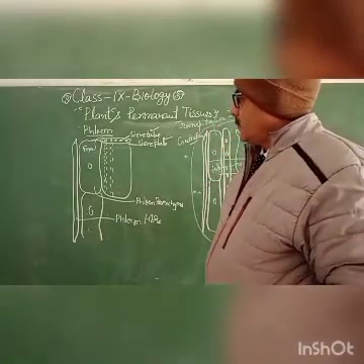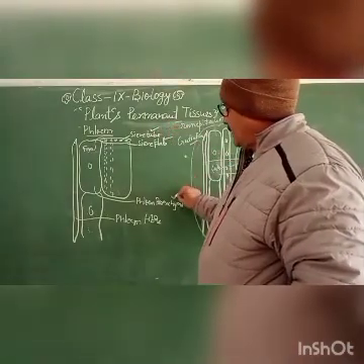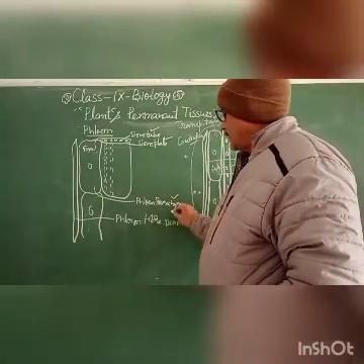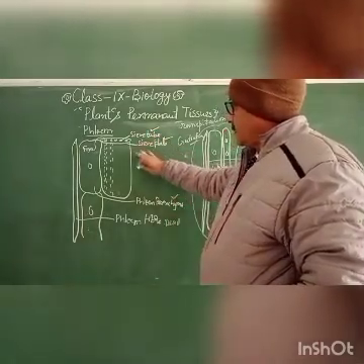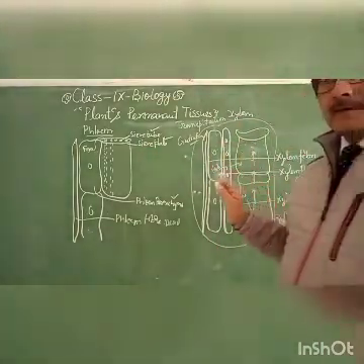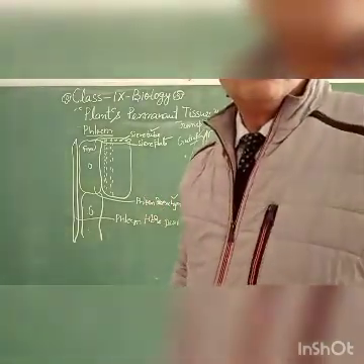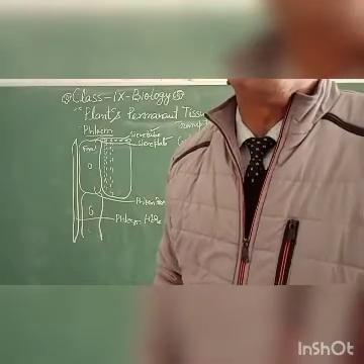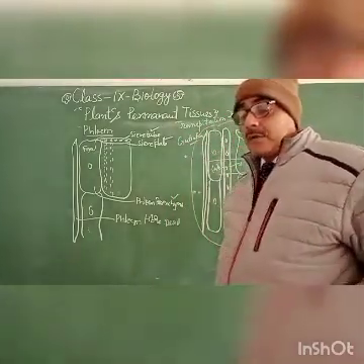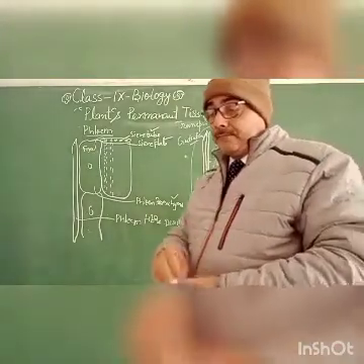Dear student, in this phloem this is the living cell, this is the living cell, this is again the living cell, but phloem fiber is dead cells. This is the dead cell. So three living in the phloem while three dead in the xylem. Okay, so the vice versa condition is there. You have to notice it.